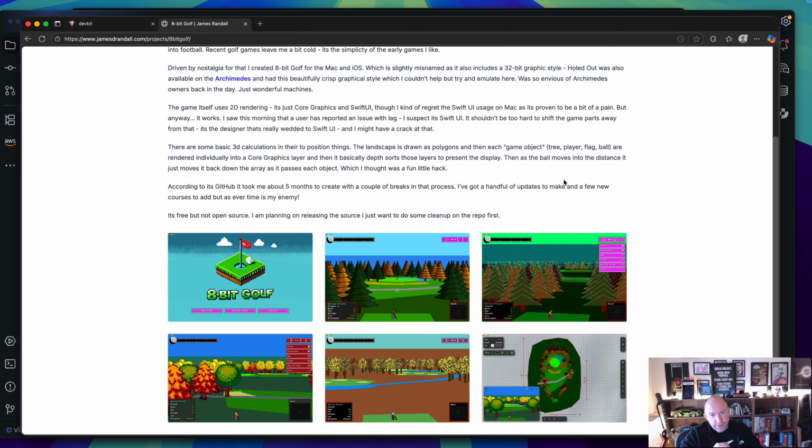One is I found on Mac there's places, and the user reported this, like the swing meter, kind of important. There's a slight lag on it on the Mac, which is just annoying. And getting the keyboard to work reliably in UIKit is not great, because obviously iOS is not really designed for keyboard as a primary input, and I wanted the keyboard to be able to control the mouse, the aim and things like that. So it wasn't great. So I asked Claude to essentially convert it, to keep the iOS code there, but convert